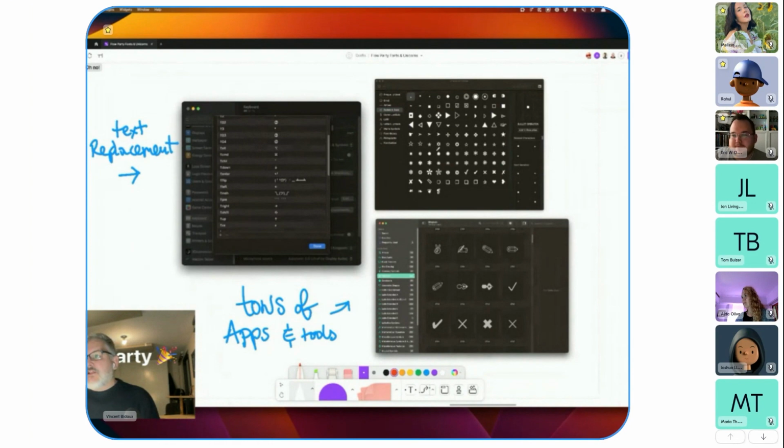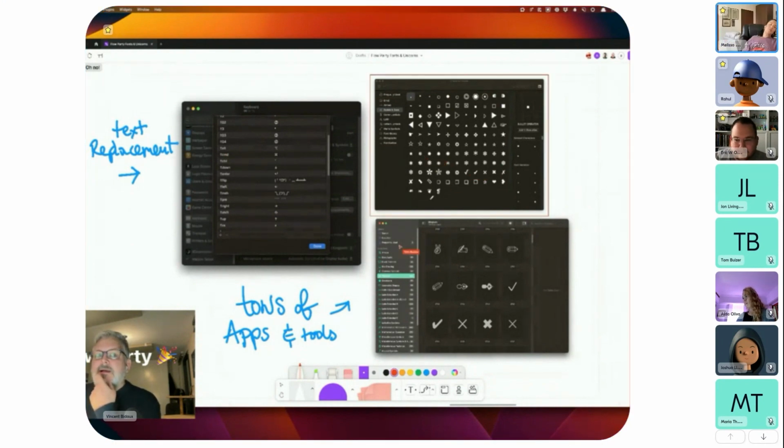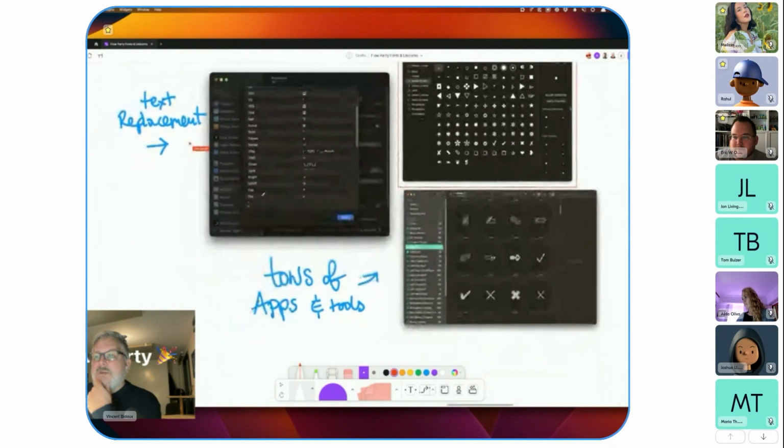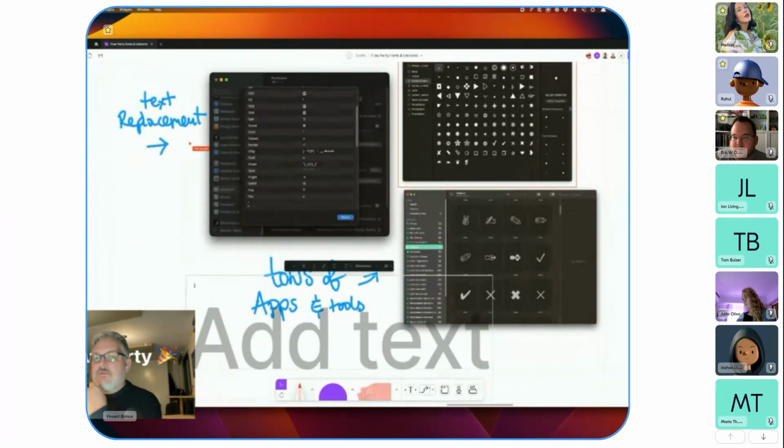So you have shapes, arrows, all the kinds of characters you want. You can use this on your Mac, for example: you go to settings, keyboard, and you can set keyboard replacements, so that when you type something here, like for example, when I type,